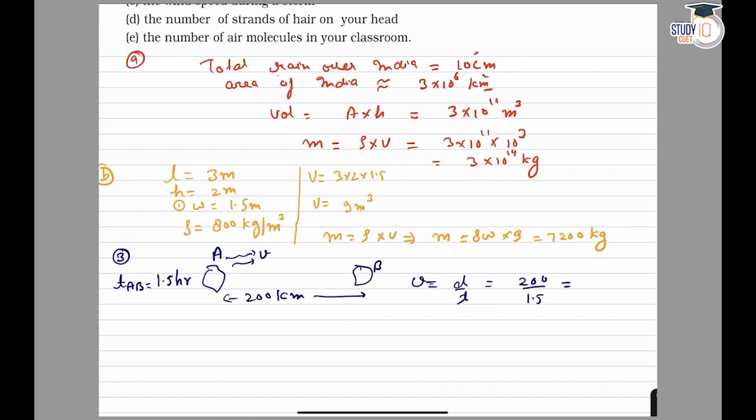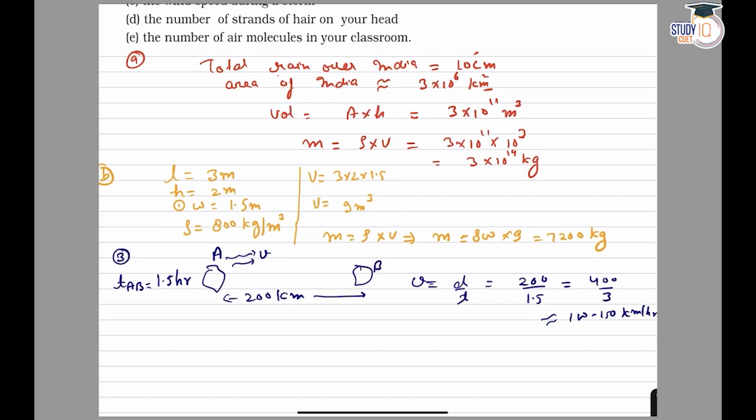From this the speed comes out to be 400 by 3 kilometer per hour. So this is roughly of the order of 100 to 150 kilometer per hour. So the speed of the storm is roughly equal to 100 to 150 kilometer per hour. Now the next part, which is we are supposed to find the number of